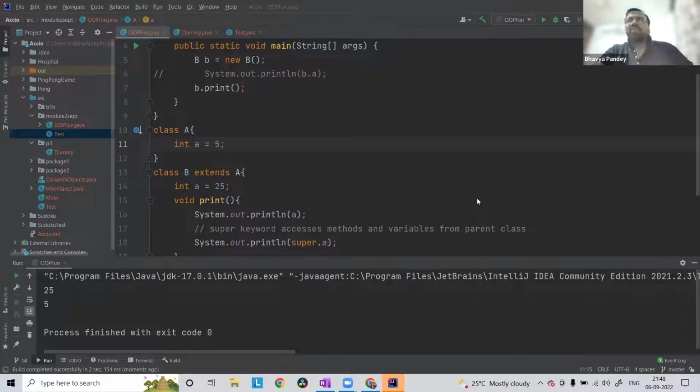Right? This is single only. It's not multi-level. Right? Only one class. What in the case of multi-level inheritance? So good question. So